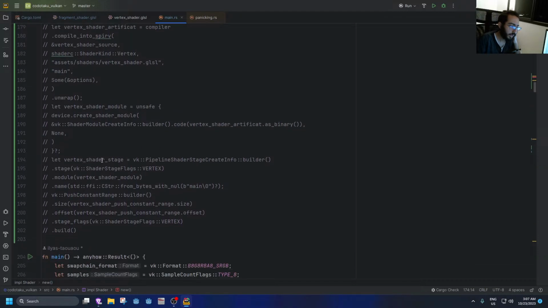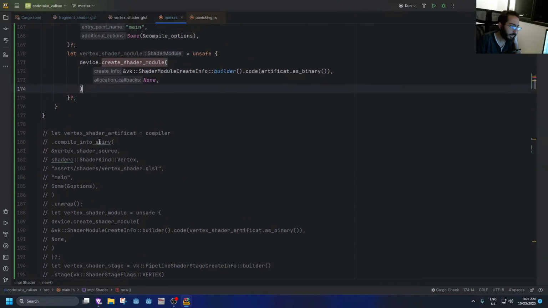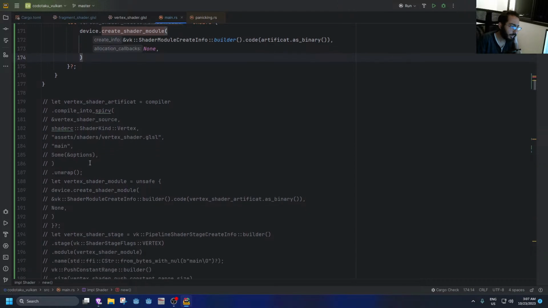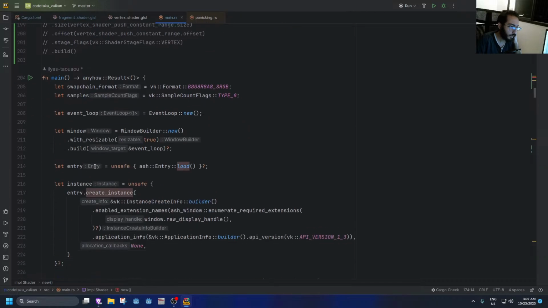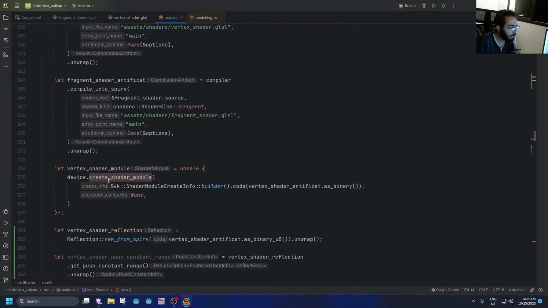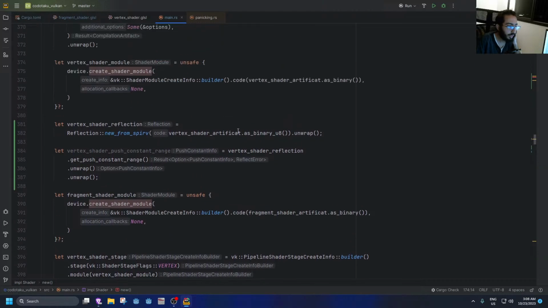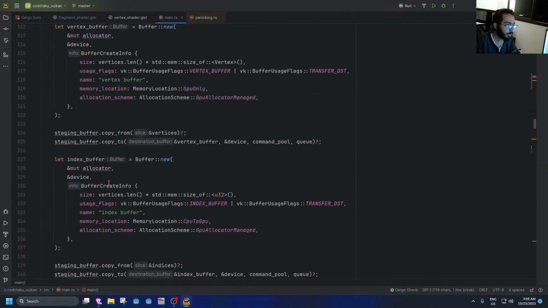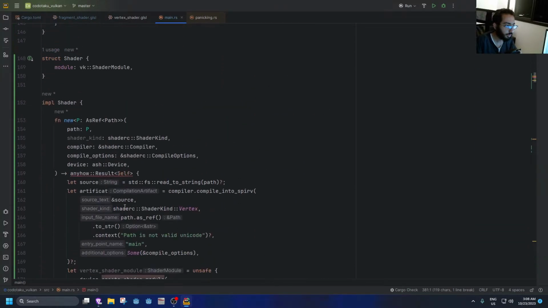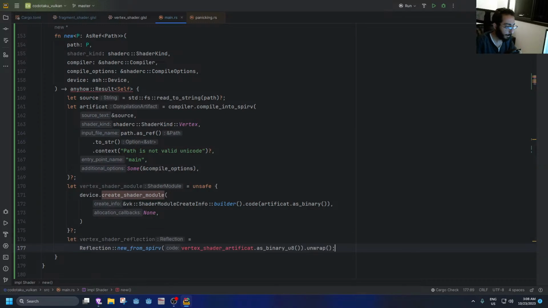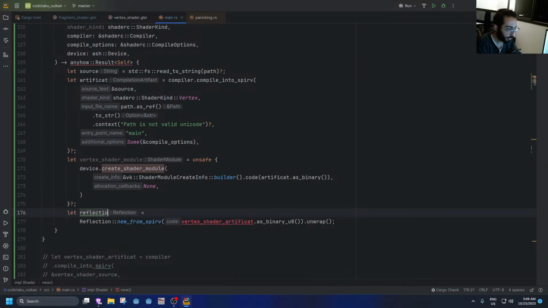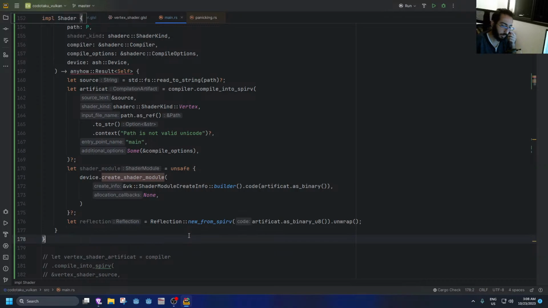So where I've done it, shader stage builder, where's reflection? Compile into SPIR-V. Yeah, I don't have reflection here. Let's go down again, and there you go. So something like this. Let's grab the reflection and let's store that too. So reflection, and this is just the shader module basically. And there you go. So shader module, well, in fact here it needs the artifact dot binary u8 dot